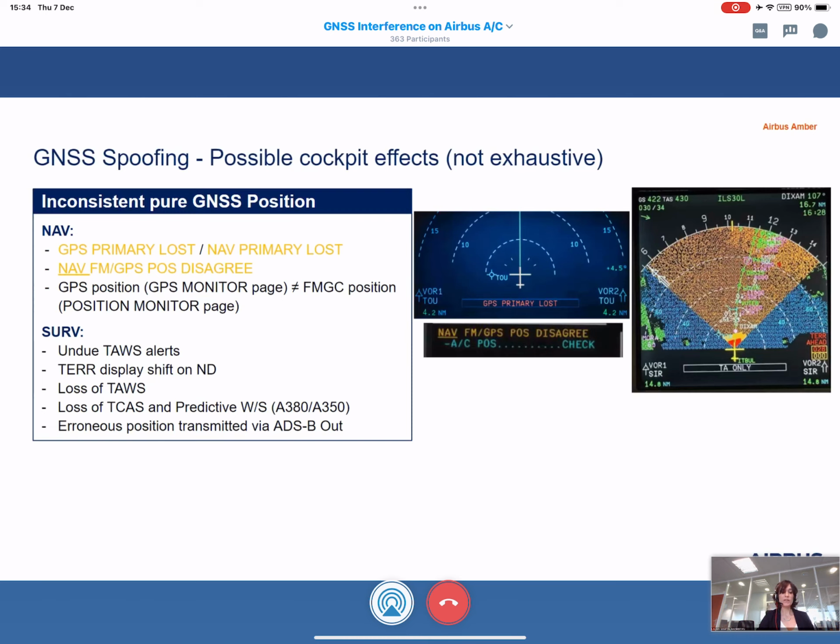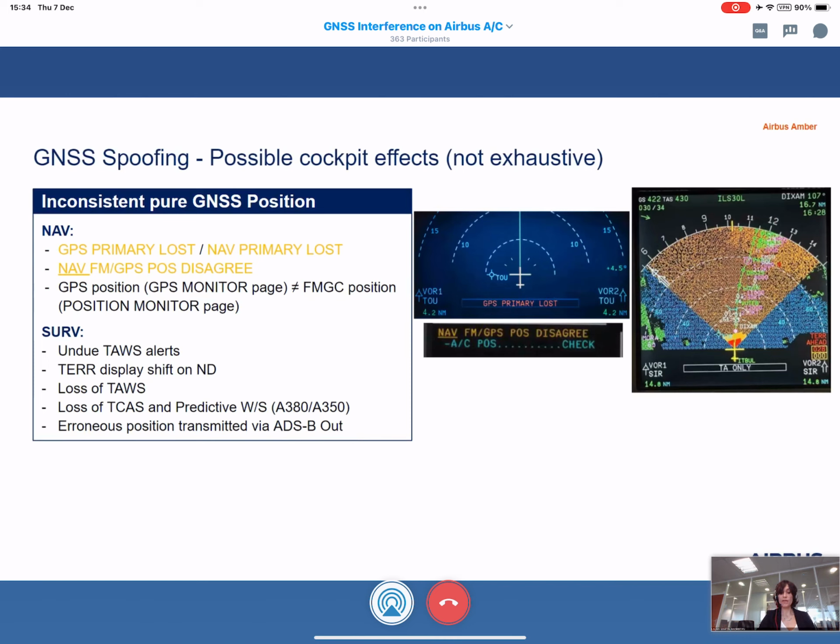I'd like to make us focus on this one, as we believe that it has been observed by many of you flying in the East Mediterranean Sea or Middle East. Sometimes this effect could be misinterpreted as a map shift. However, the aircraft position is not affected. It is only the terrain layer display on ND that does not actually correspond to the real aircraft location.